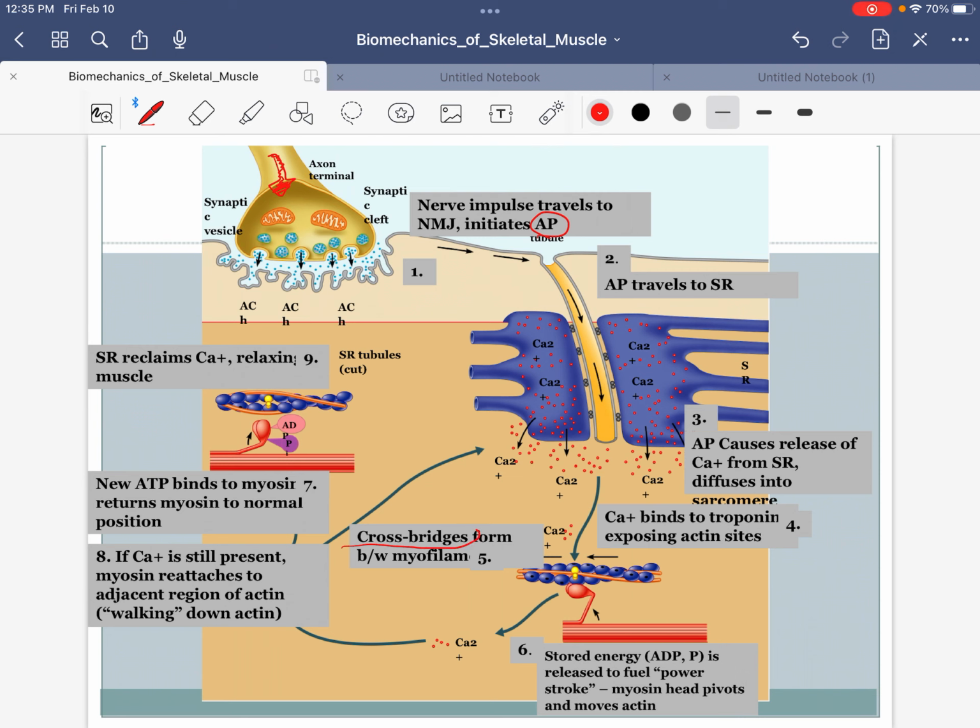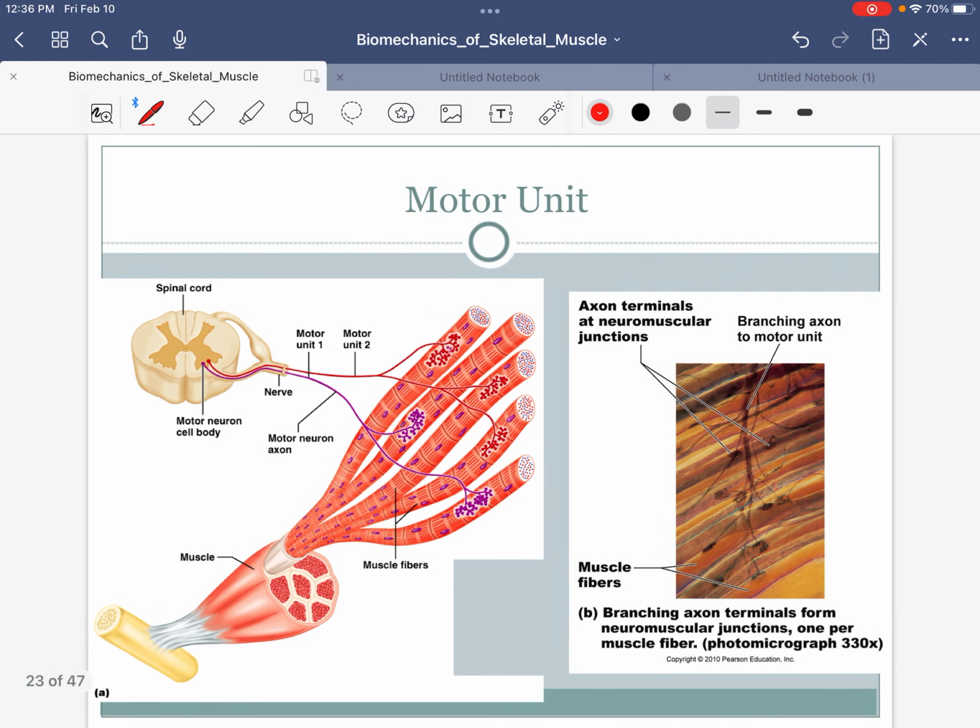Only after that happens can we have the cross-bridging. Cross-bridging is when the myosin head perks up and attaches to the active site on actin. No movement yet other than the myosin head attaching to actin. And then, of course, the actual contraction is called the power stroke, when the myosin head releases its stored energy and pivots, causing actin and myosin to slide together. However, as quickly as it slides together, it is removed because a new ATP comes over and pulls the myosin head off of actin. However, as long as there are continually nerve impulses coming into the muscle, this cycle will repeat.